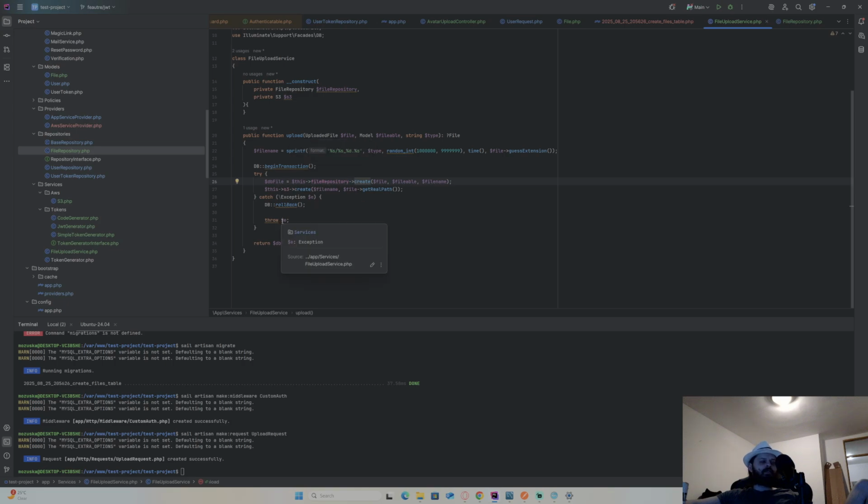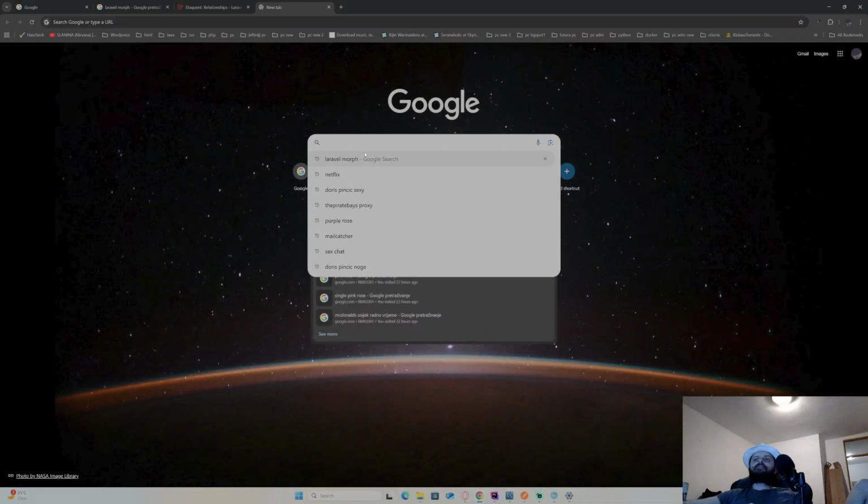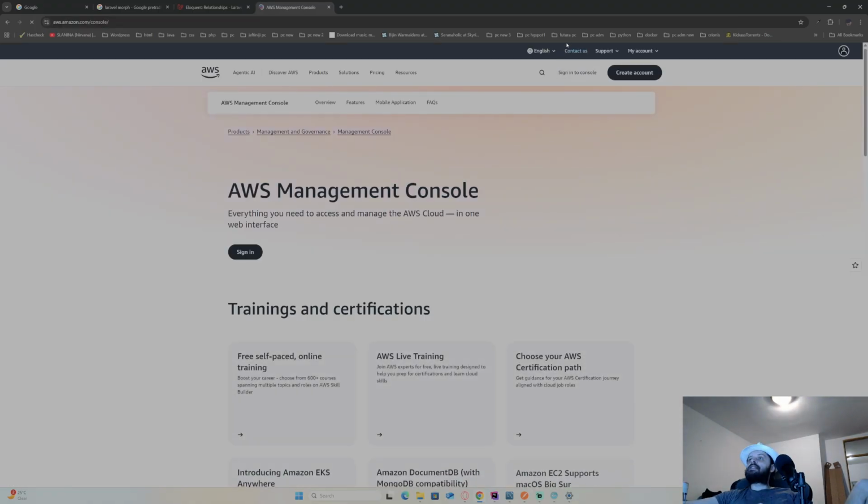No, actually, exception will be thrown if there was an exception. No, I only have to go to my AWS account console to see if file was uploaded.